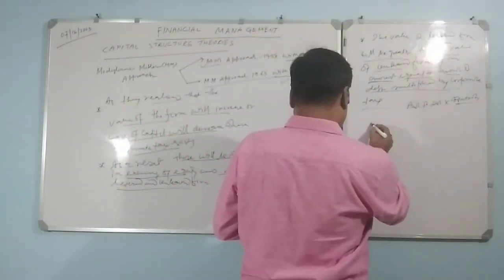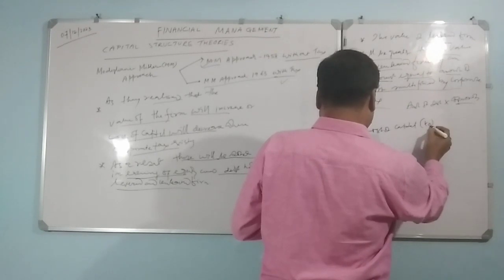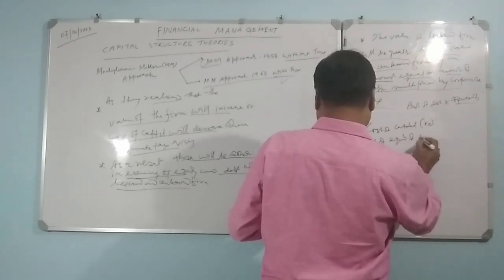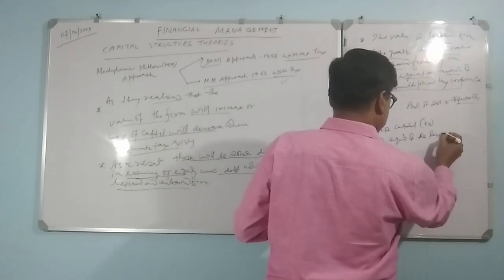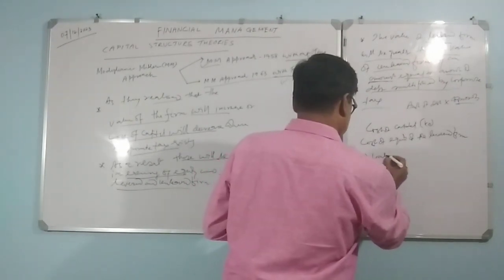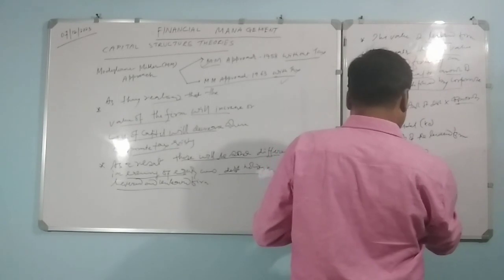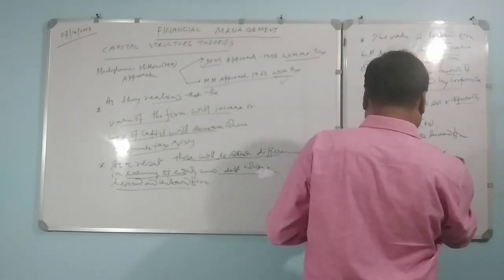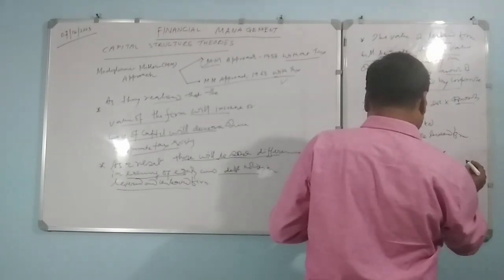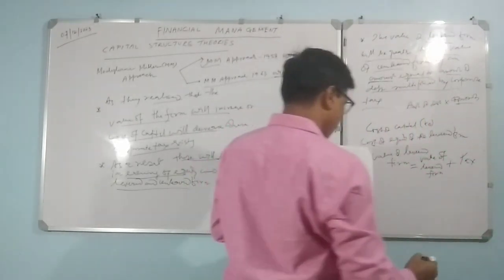So, in such a situation, cost of capital equal to K0, cost of equity of the levered firm number 1, value of levered firm or company, whatever way you can call, equal to value of unlevered firm plus tax. So what is that